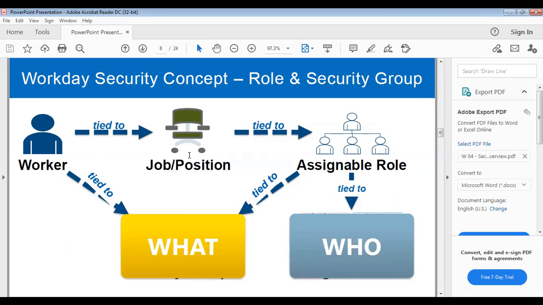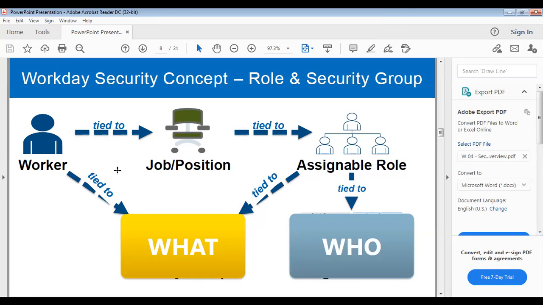For example, I'm trying to hire a person for a particular role, a worker for sales. That is one position, and he will be linked to a particular job or position. Now we can see what the worker can do and who can do what different types of activities. These Workday security concepts are related to the role, and they are assigned to the particular security group.